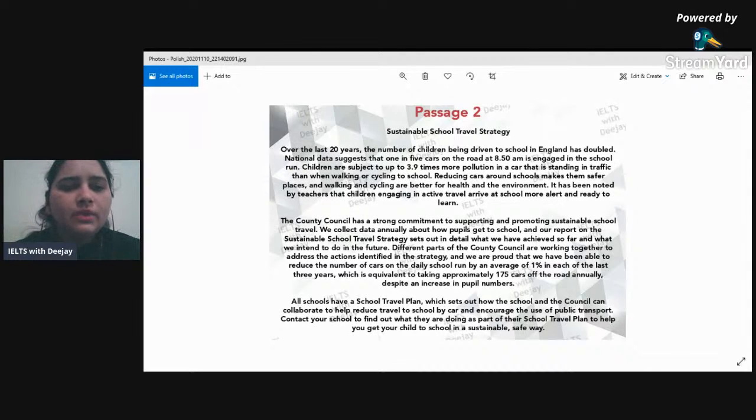Active travel means when they are doing something to reach there, like walking or cycling. That is active travel. Driven to school is not active travel because that is something their parents do. They're not doing it. The third one, we already got the answer of third one, that is true. Others, if they are doing it,